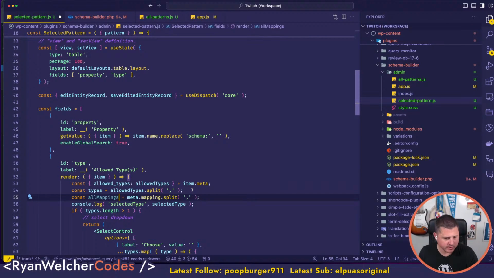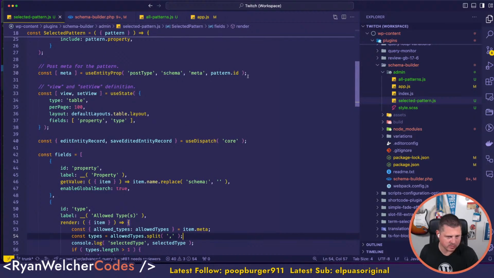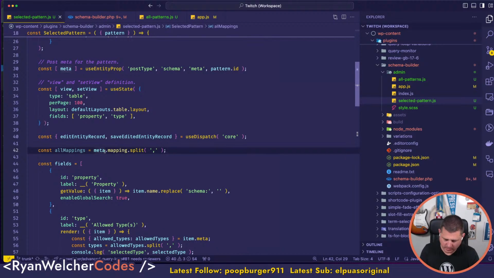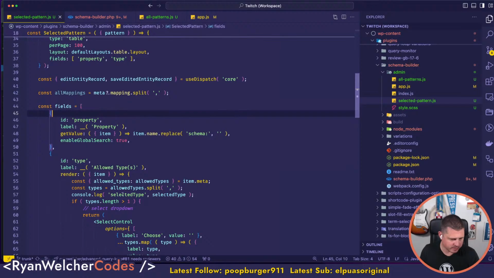I feel like I should be moving this outside up here because I don't need to do this. I just need to do this once. Should it be done in here? It's going to be mapping.split, right? So then, and here if I console,